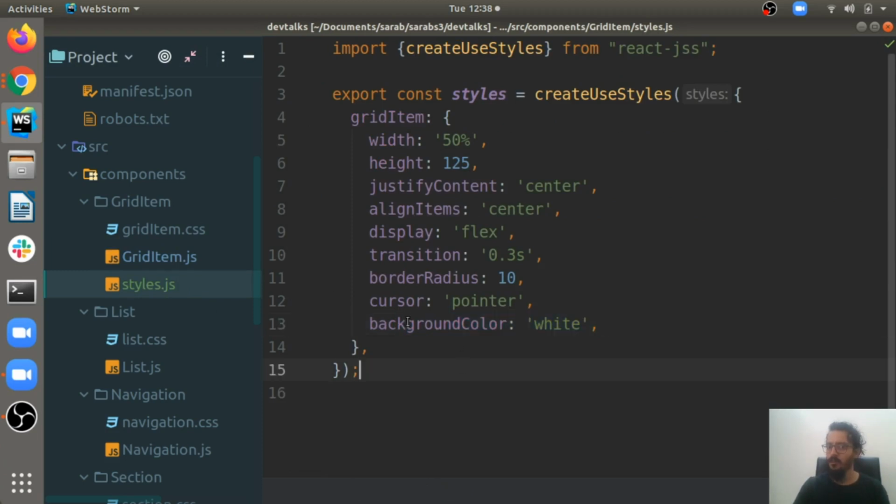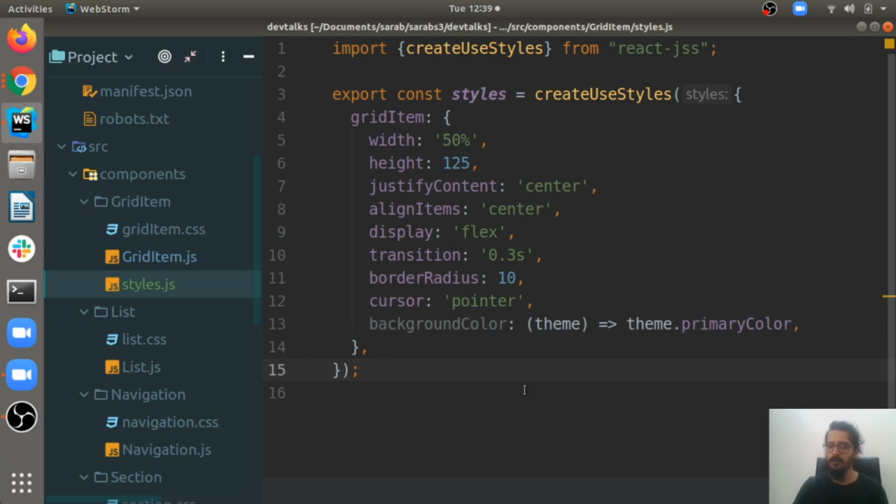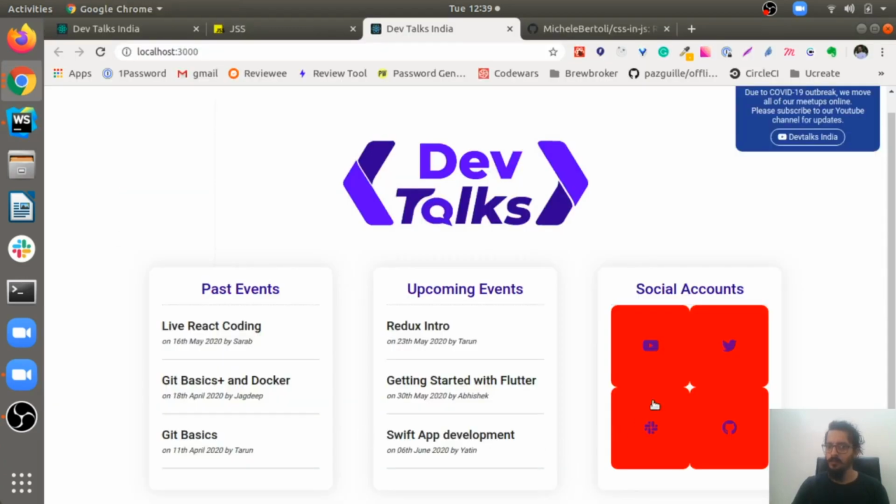Because these are JSON properties, we can make this single property a function which will return something, and it will get that theme as the first parameter. So here we can return whatever theme we get, like theme dot. Okay, if I save this file, let's see, here you go.